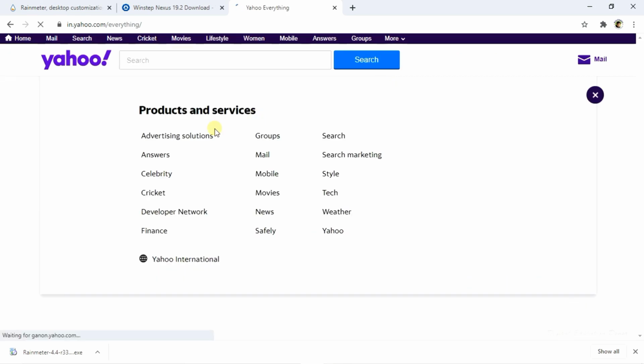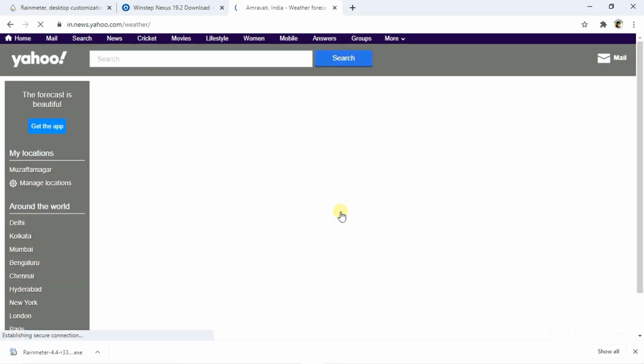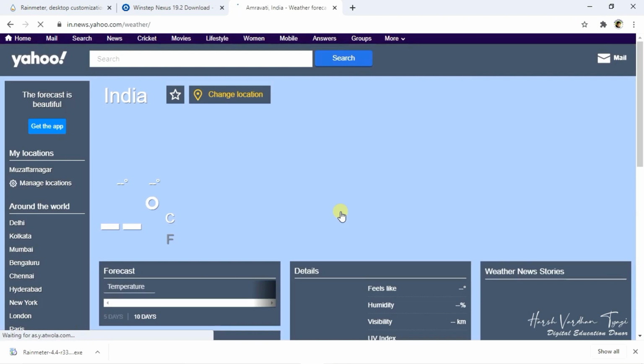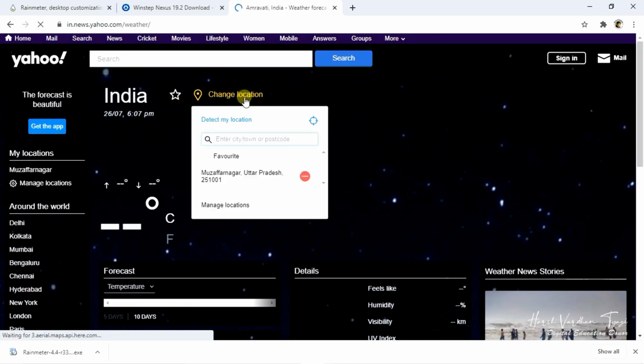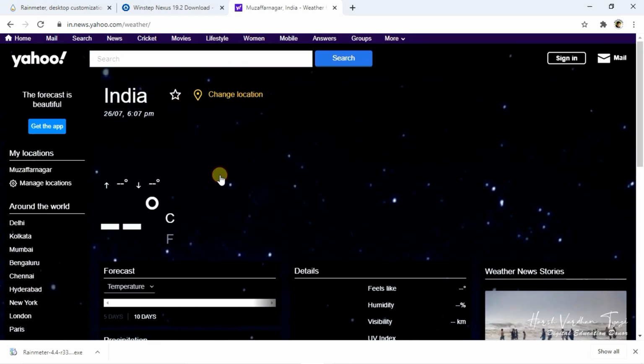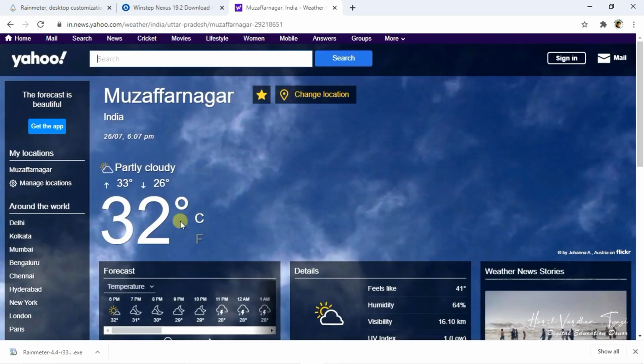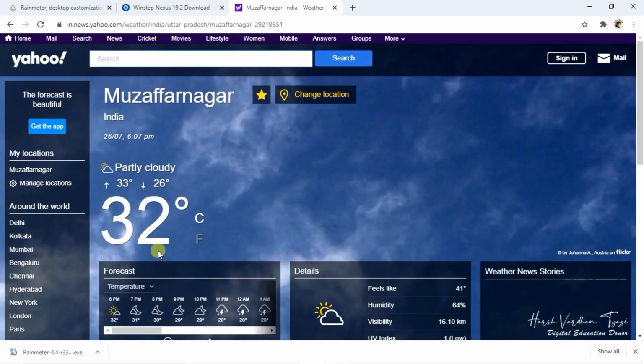And then you have to select the weather. Click on more and select the weather. What you actually need to do is select the Yahoo weather URL. It is showing for India, so you need to change the location. Suppose I select mine, it displays the current weather condition here.